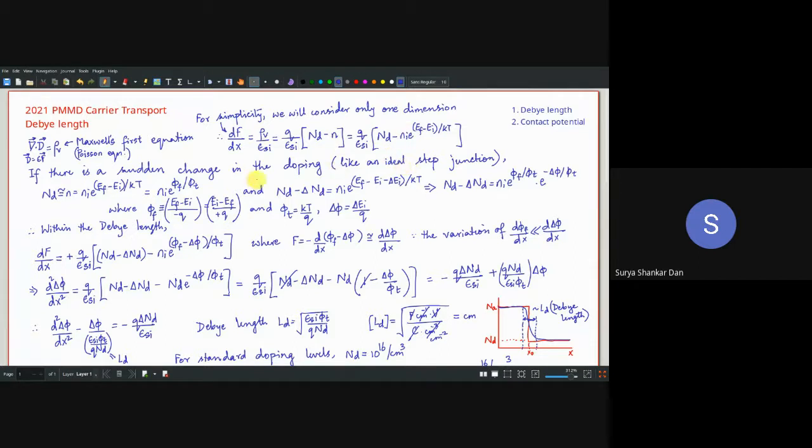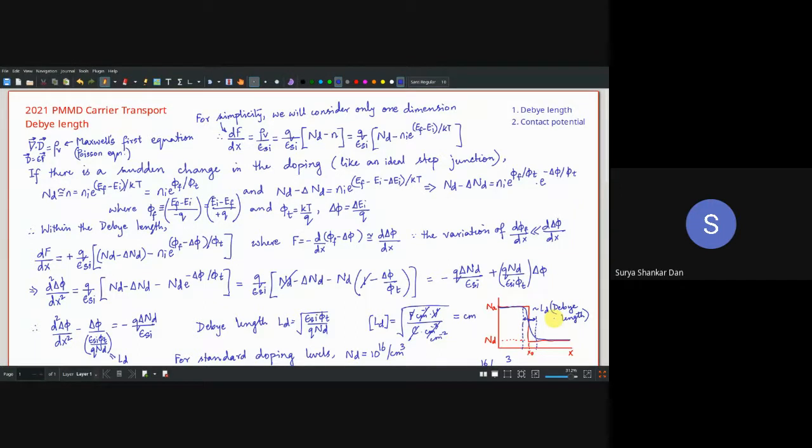Then what will happen is, as I'm telling you, we are learning devices, and circuits we will learn in the next semester probably, or I do not know what is the depth in the VLSI design course, but if I'm teaching the circuits, it will be on the next level. Similarly, this is also a next level. So even though you expect that one side will be Na, the other side, exactly on the other side of the abrupt step junction, is going to be Nd, you are never going to have that. What is that error? That is the error in the consideration of an abrupt junction. So that is the concept.